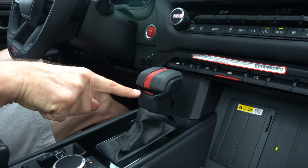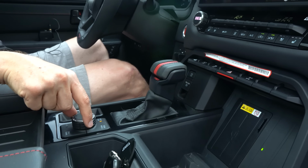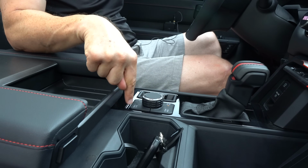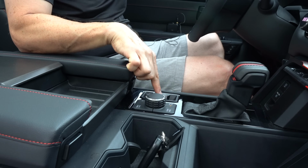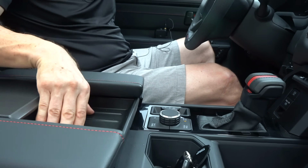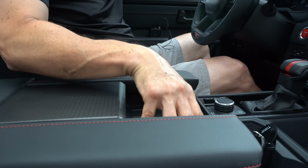What does TRD stand for? Toyota Racing Development. You have your different drive modes, first time in a Tundra, and the ability to go into crawl control and your 4x4 system, which is nice. Really easy to do right here. You got a nice little tray, and what's gonna be perfect for this is you'll be able to put your